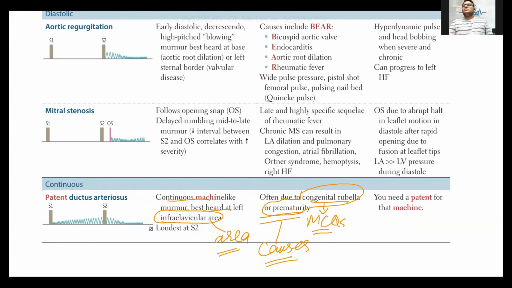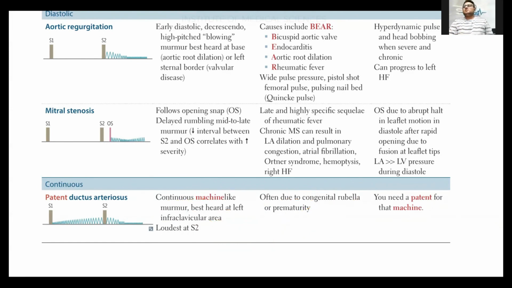So today we have discussed the splitting of S2. We have discussed the different positions in our heart where we can appreciate the different types of murmurs. Then we discussed the different maneuvers that can decrease or increase our murmur intensity. And then we discussed the different types of murmur in systolic, diastolic, and continuous. And also we have studied the difference between systolic, diastolic, and holosystolic